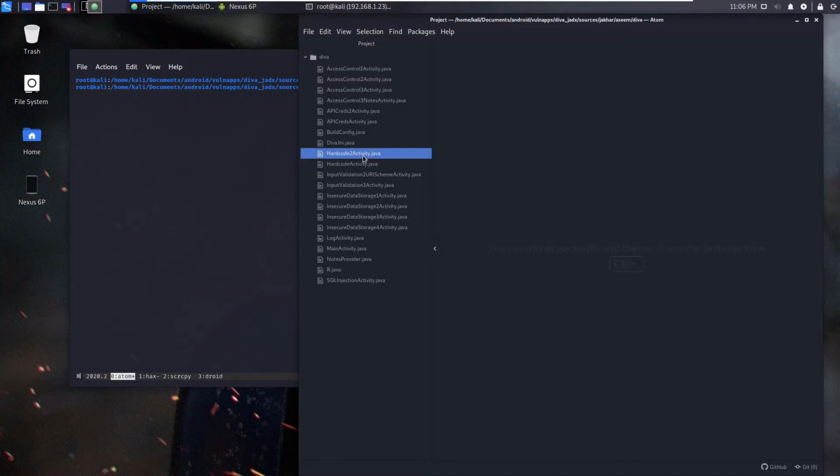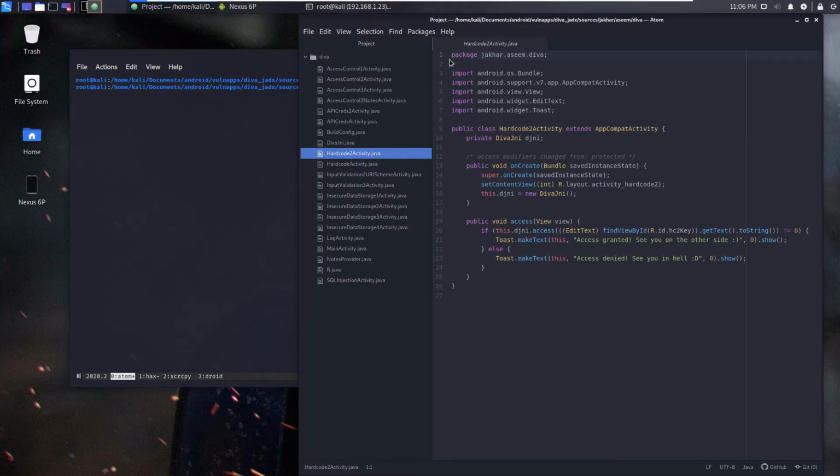Alright, so hardcode activity 2. So here we see package imports, and we see this weird thing, DJNI. So it took me quite a little bit of Googling, but essentially DJNI in this case is a Diva JNI, and JNI stands for Java Native Interface. So what is essentially happening here is it is using